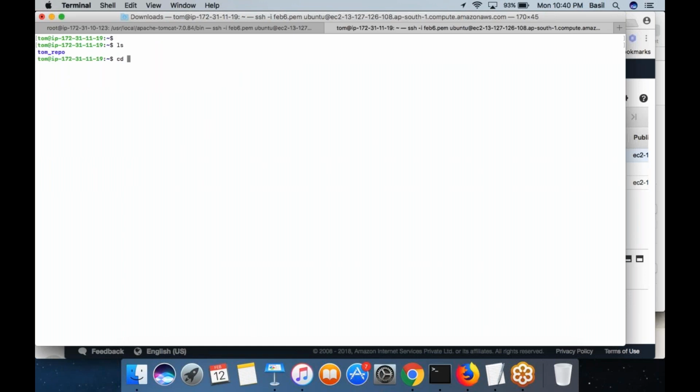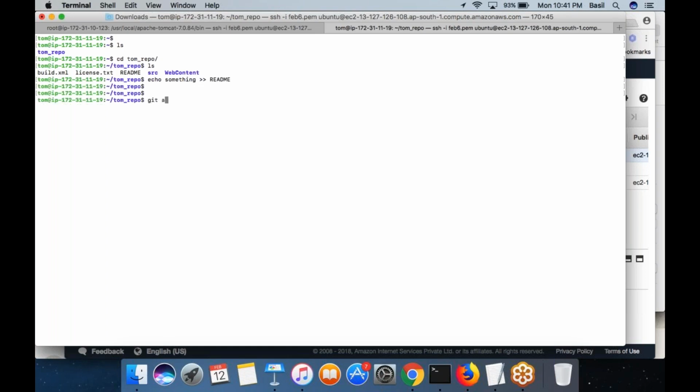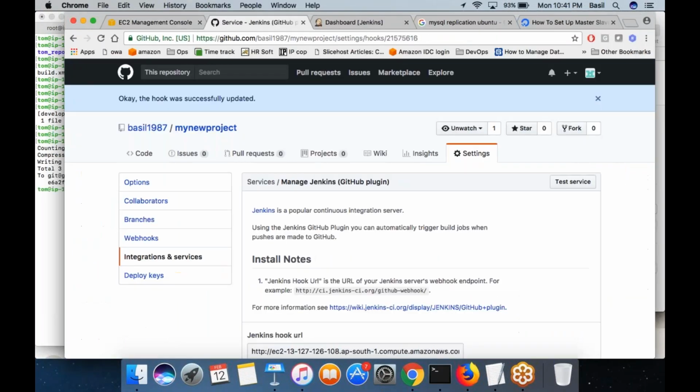Right? You need to make some commit, then only it would start. He's going to make some change, echo something to readme, right? Git add readme, git commit, changes in readme. Then you are doing the push. Git push origin development. Run this command, which would do the push, and automatically you can see that a job